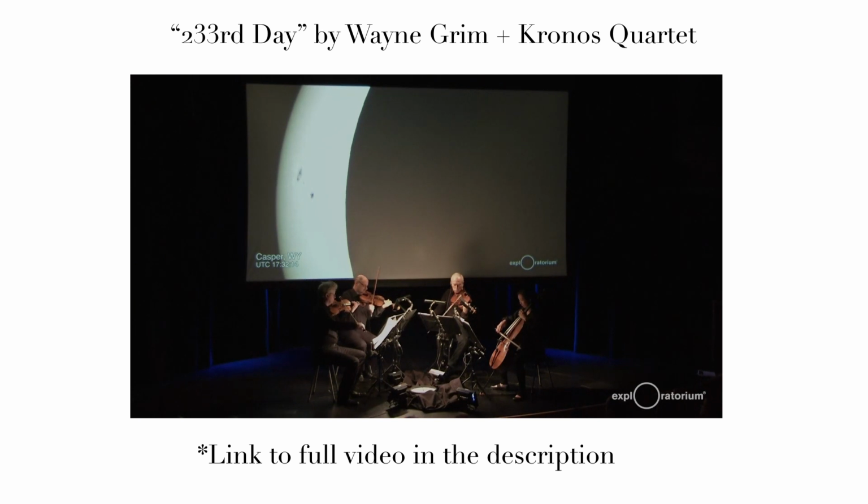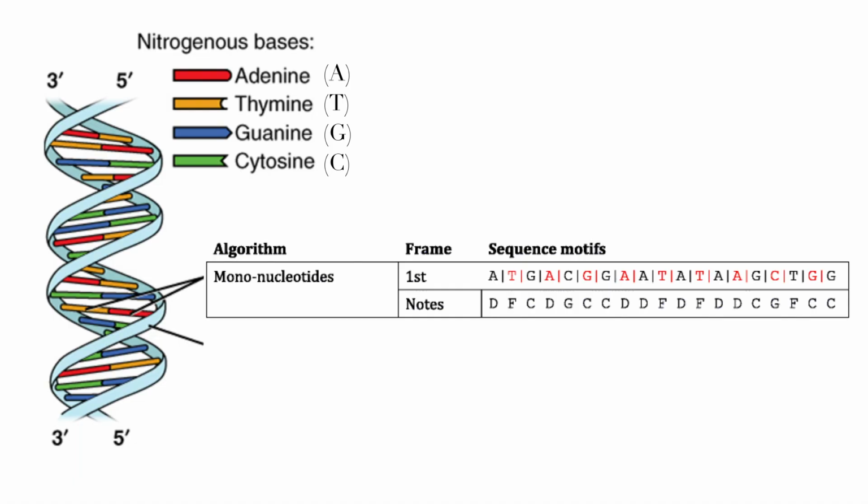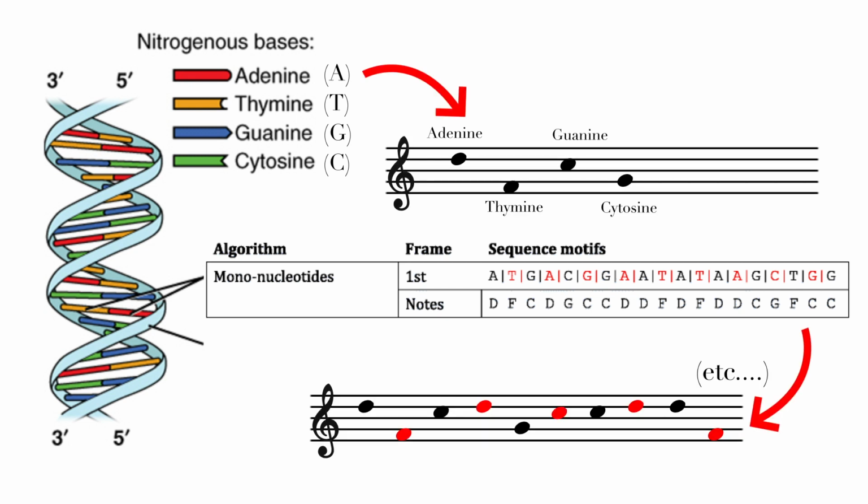Of course, sonification has other applications than just financial analysis. In 2017, composer Wayne Grimm and the Kronos Quartet used data from various telescopes to sonify the 2017 total solar eclipse. And perhaps more relevant to current events, sonification has proven useful in DNA analysis. For example, we could map each of the 4 mononucleotide bases onto 4 musical pitches. This could produce a highly repetitive pattern, which means that aberrations in the pattern could indicate something like a genetic